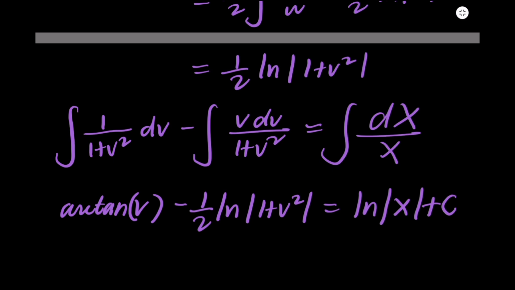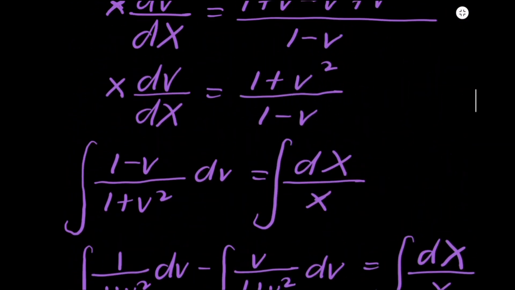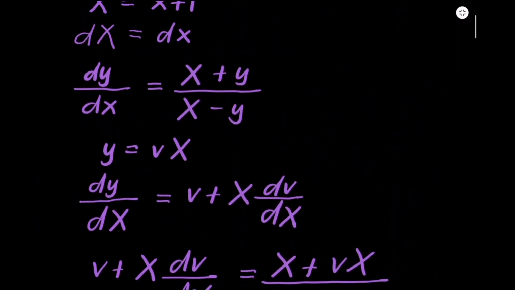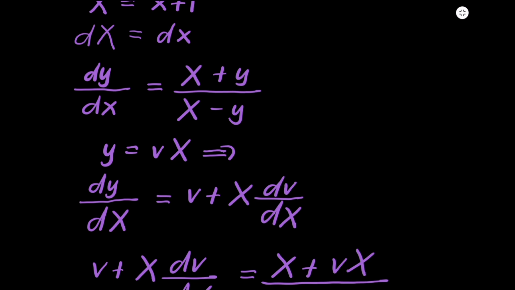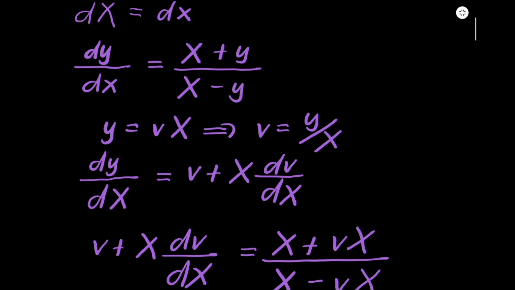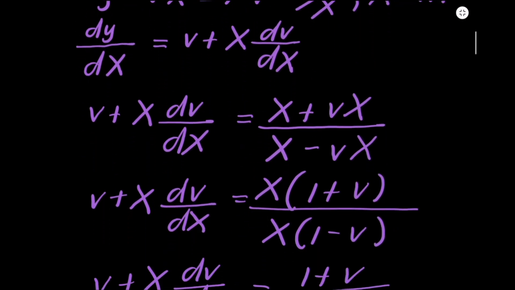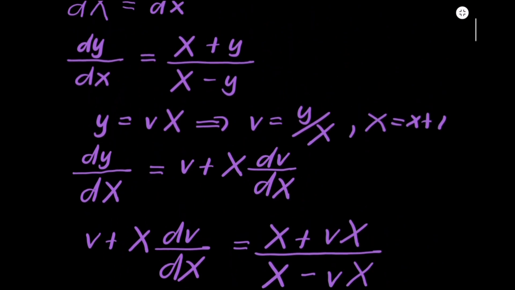Okay, now let us substitute. Recall that v, what is v? So let us use this, okay? We can recall that y is equal to v times X. So hence, v is equal to y over the capital X, right? And also, X is equal to x plus 1, right? So capital X is equal to x plus 1. Now, using that,